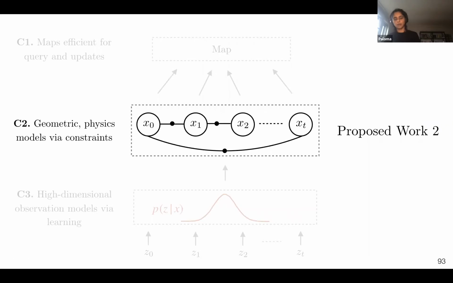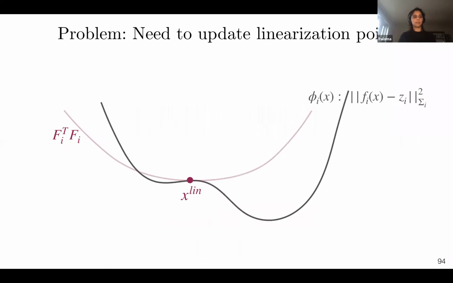Okay, so that was proposed work 1. And now let's look into proposed work 2, which would be addressing challenge 2, which we looked at earlier, on physics-based constraints in the graph optimization. So in challenge 2, when we talked about the incremental constraint smoothing solver, we made one critical assumption, which was